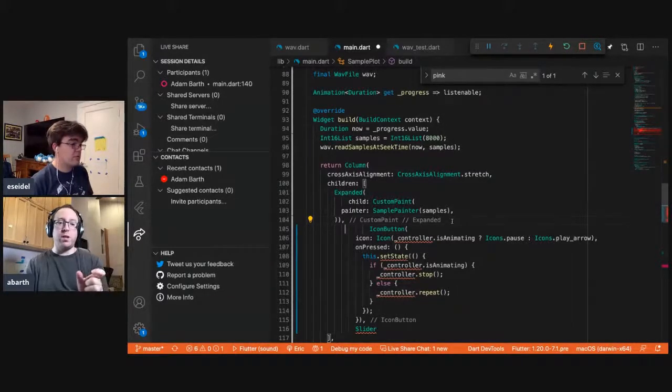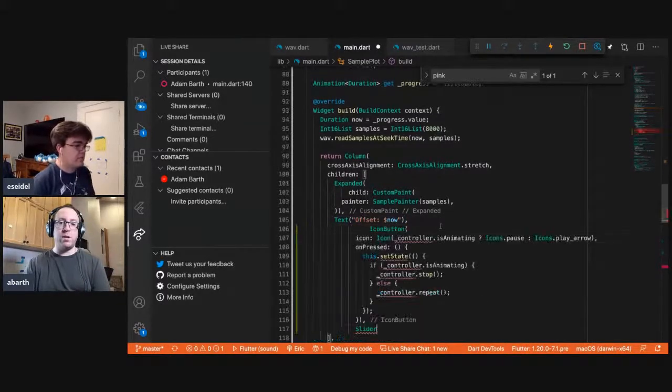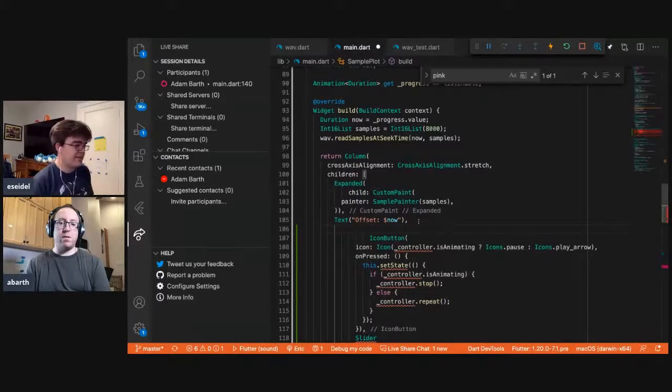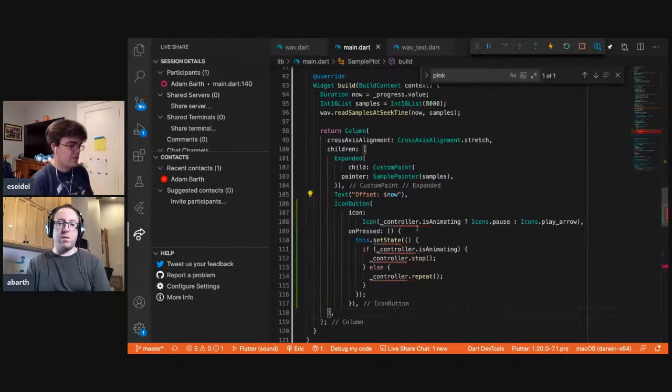Do we want to keep the text readout? Or do we want to just totally replace that with the slider? I don't think it... Oh, yes. I mean, we'll just try both. Why not? Okay. It's Flutter. We'll quickly try them both. So, okay, let's just try moving the icon into here.